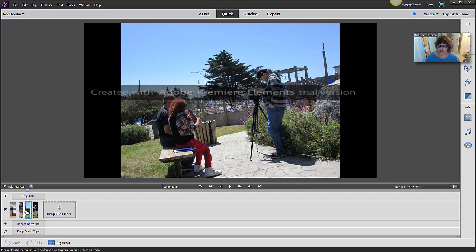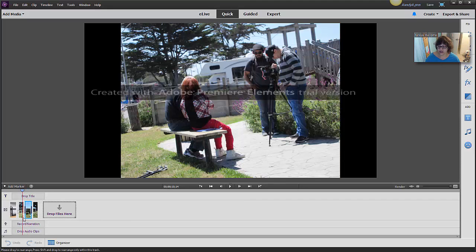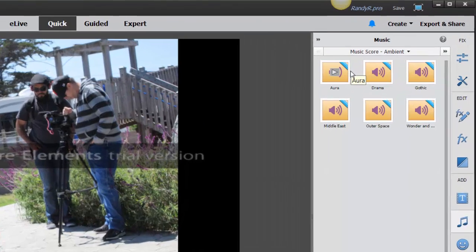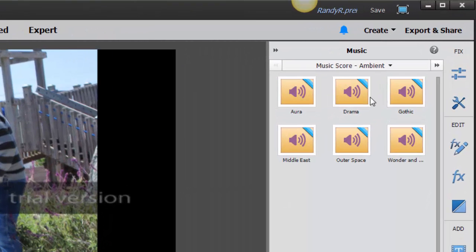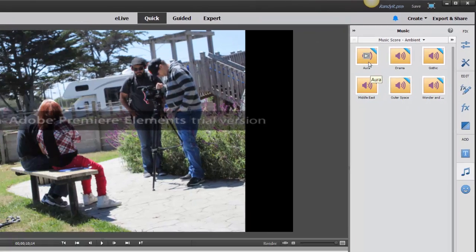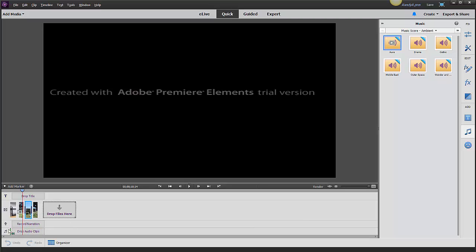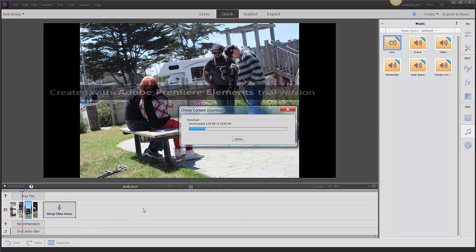So here today we're going to talk about adding some music to your file. We have these two little options down here, record a narration and drop in audio clips. So when we click drop in audio clips, we have some music that comes with Adobe Premiere Elements, and we're going to go ahead and try and use this. It has some sort of descriptive language to it, but you'll also be able to use audio clips of your own. We'll talk in a minute a little bit about copyright, but you just go ahead and drop the clip in the area where you'd like it to be, and then the software